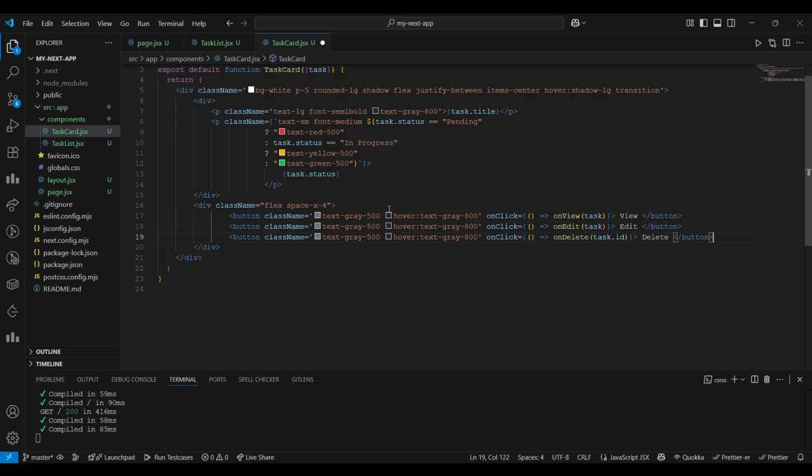I need to change the colors. For the edit, indigo, I will take indigo 600. If the hover is taken, 800, okay. And for the delete, I was taking the red one. Done. I created the task card. We will check now